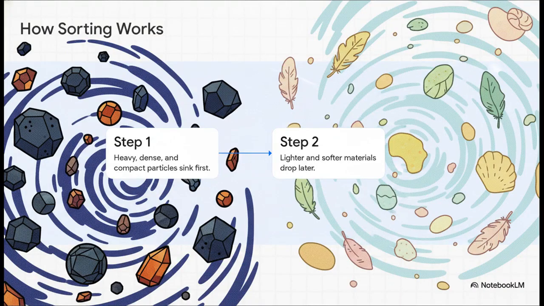And that right there beautifully illustrates the physics in action. In a catastrophic event, water doesn't just drop everything at once. When a fast, high-energy fluid decelerates, the heaviest, densest particles drop out of suspension first. Then, as the water continues to slow down, the progressively lighter, softer, and more buoyant materials drop out later. So it's not a timeline at all, it's a sorting sequence based purely on weight, density, and drag.